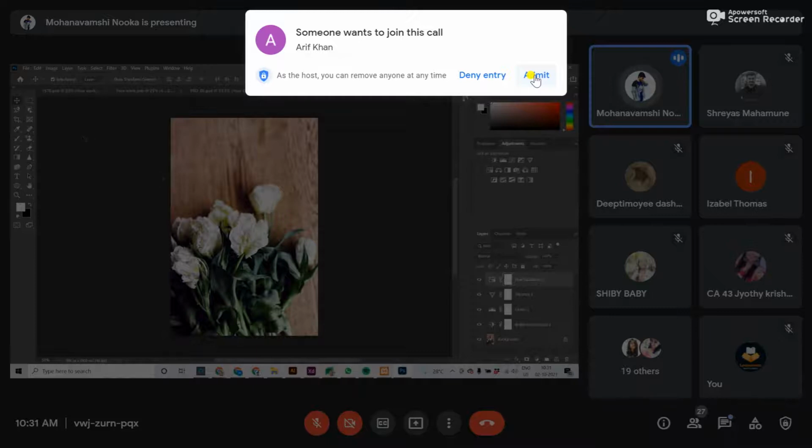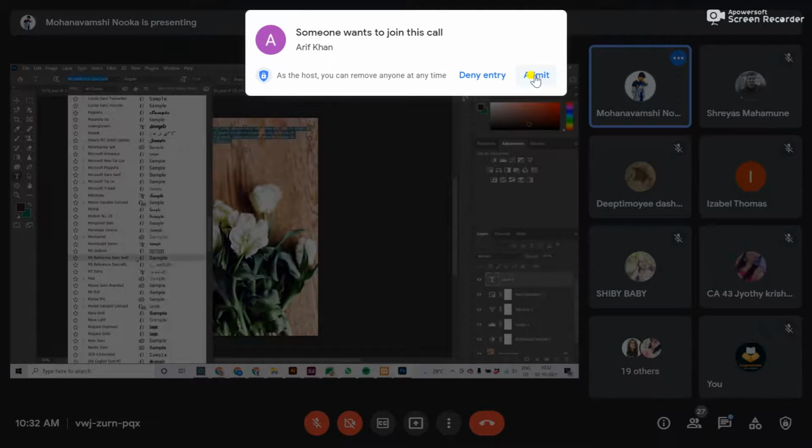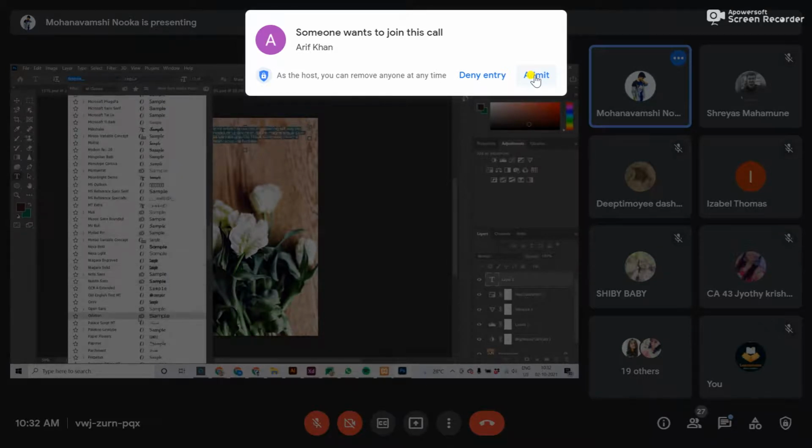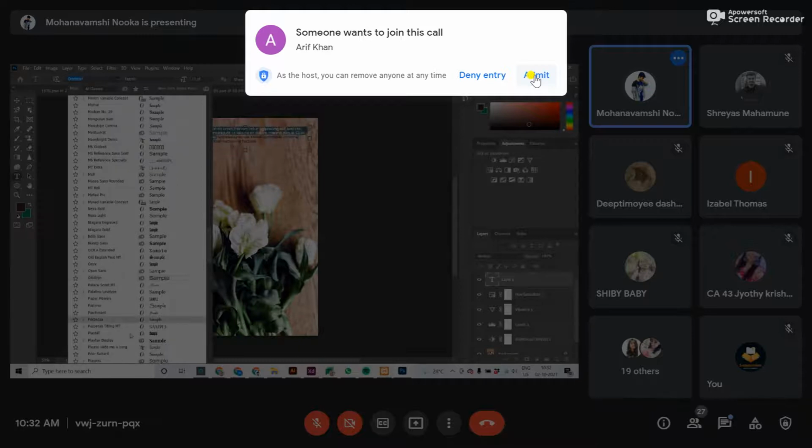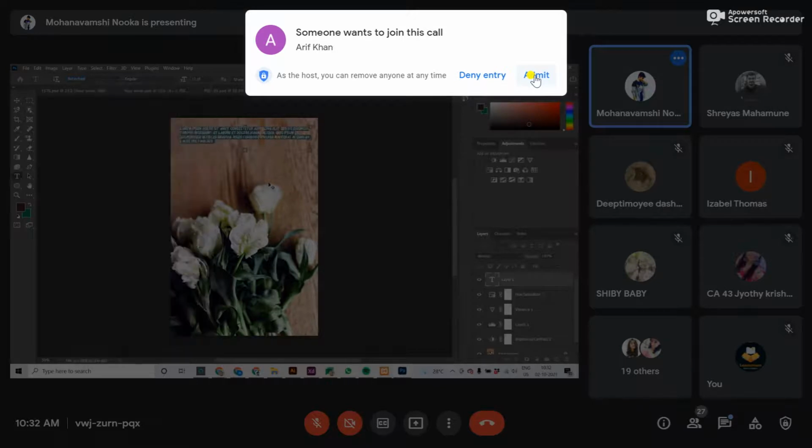For example, I want to add some text here. Take the text box and use some good font. Increase the font size like this.